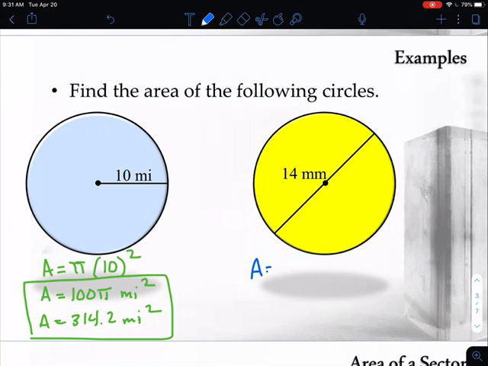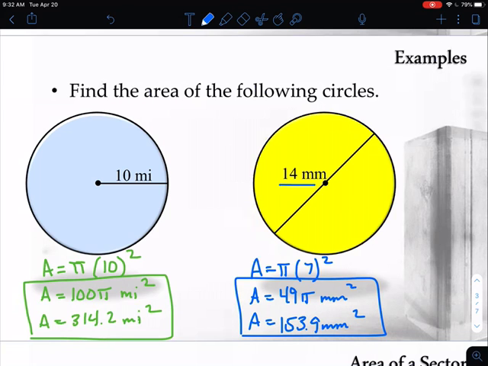Same thing with the yellow circle. So for the yellow circle here, I take pi times, now here I have to be careful, radius. They gave me the diameter of 14. I need to convert that to radius by cutting it in half, so my radius would be 7, squared. And then if I want the exact answer, 7 squared is 49 times pi millimeters squared. Or I can just take pi times 7 squared in my calculator, and if I do 49 times pi, I get 153.9 millimeters squared. So as far as area is concerned, it's just a matter of finding the radius, plugging it in, getting an